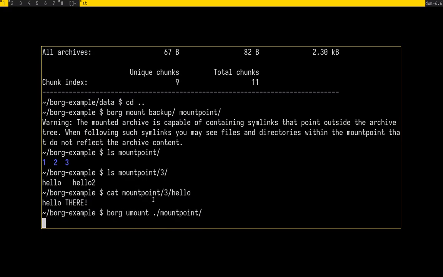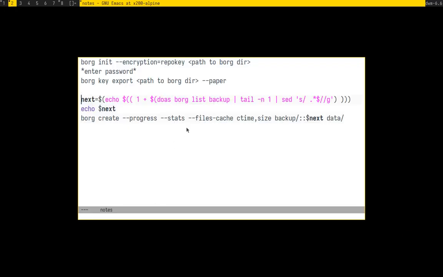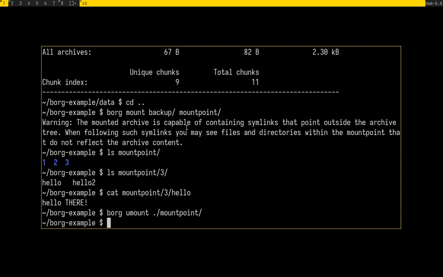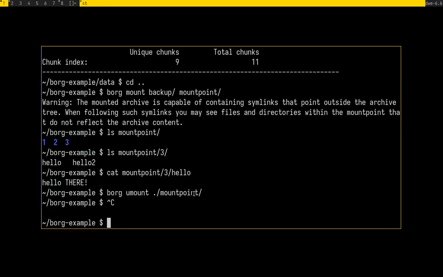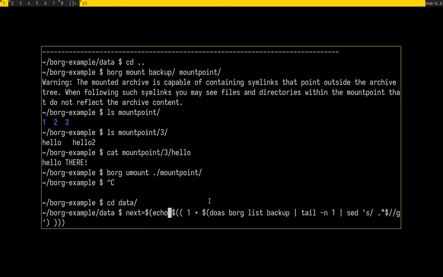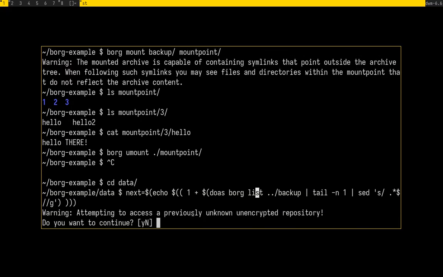So let's unmount this again, and now I want to show you my kind of hacky script here, because I don't want to change this name I specify every time, and I don't really care about this name anyways, because the backups have timestamps, and in my opinion that's the important thing. So we can do a little shell scripting here to list the Borg backups, then get the latest name, and then add 1 to that, so to increment it. And if we do this, it will